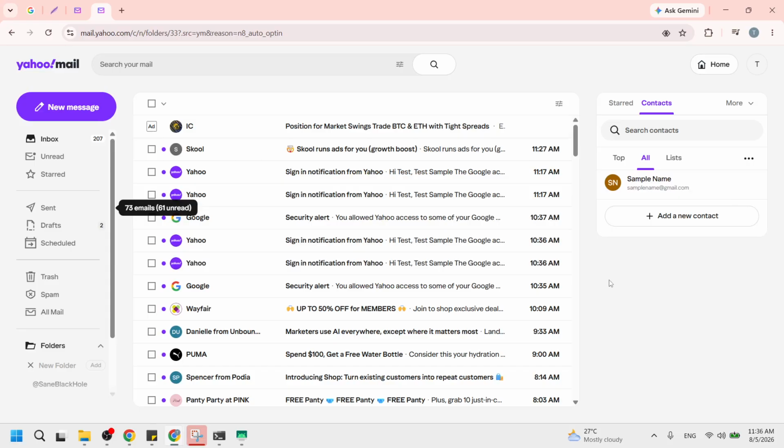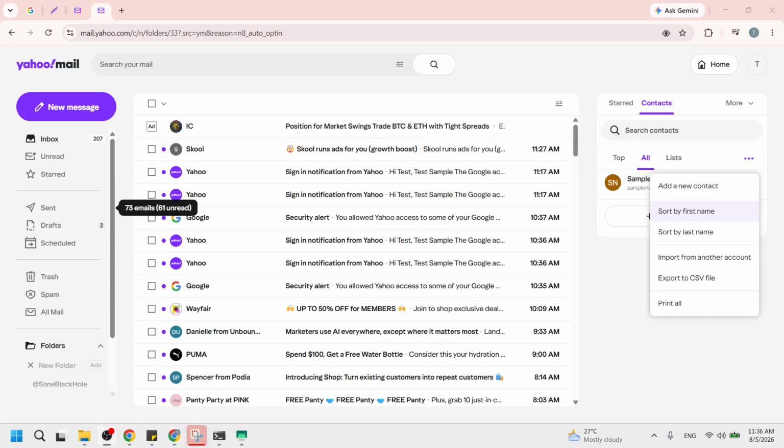With the contacts panel now visible, shift your attention to the very top of this panel. Next up, find the More Options icon, shown as 3 small horizontal dots in a row. These dots often sit near the search box inside the contacts area. Click the 3 dots. A drop-down menu will appear just under the icon, with several choices related to your contacts. From that drop-down menu, select the option that says Export to CSV file.